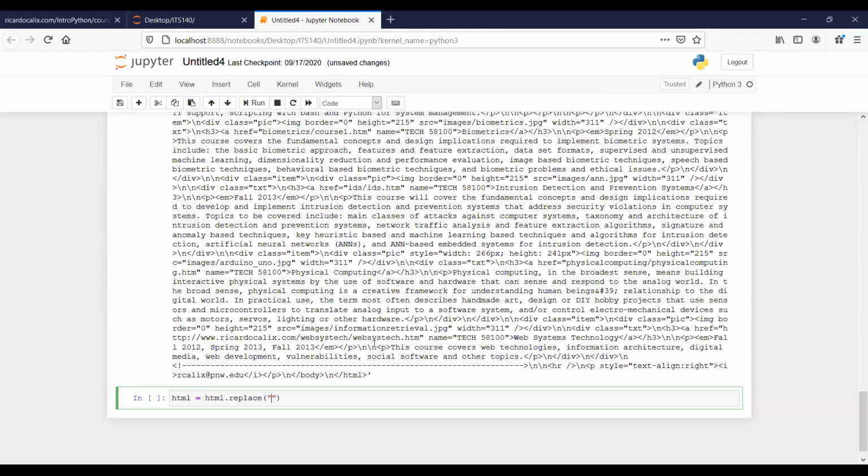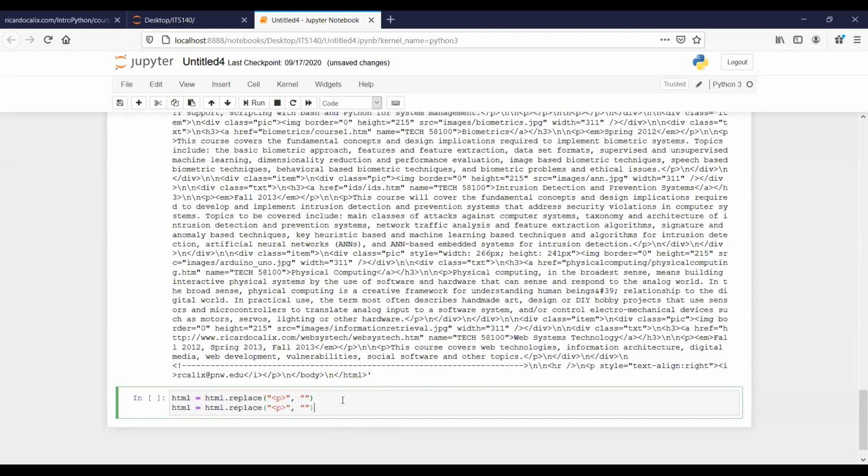For instance, let's look at the bottom here. I have these P tags. I don't want to see those, or these div tags. So I want to get rid of them, and that's why I asked you if you've taken 110. So I want to replace that with nothing. Right? And I can do that multiple times for multiple things. So I can do the /p, right? And now if I run this,